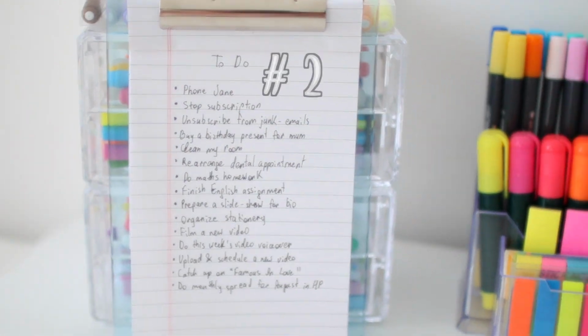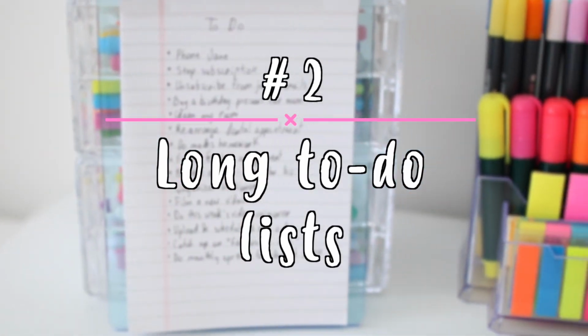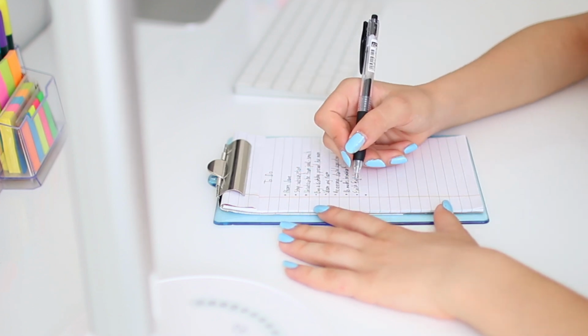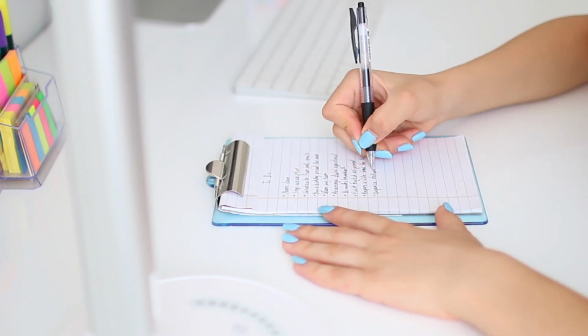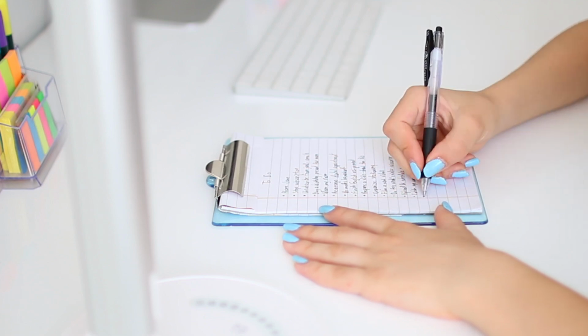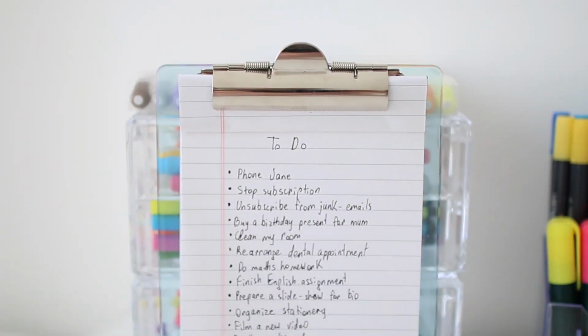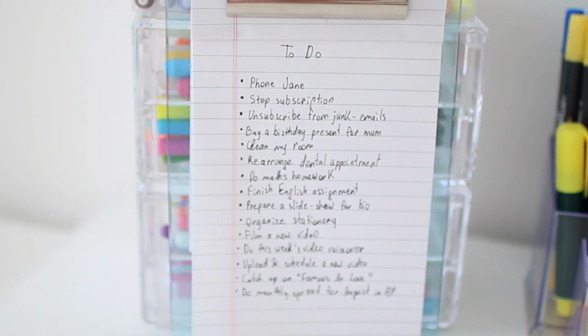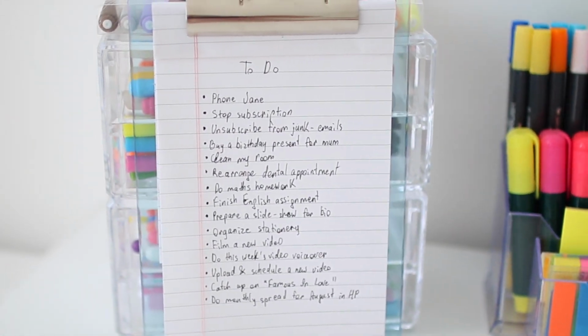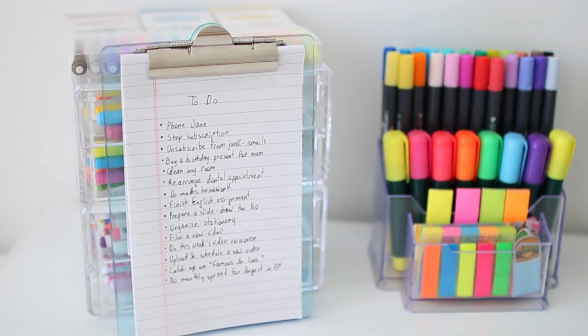The second mistake I see a lot of the time are long to-do lists. So when the school year starts, you immediately want to get into that productivity mode and you just end up writing these long to-do lists. But the truth is that these to-do lists aren't realistic, and in the end, you only get done about 20% of these things and you just feel guilty and unproductive, and that is not a great way to start off